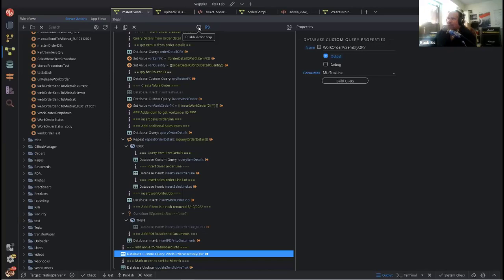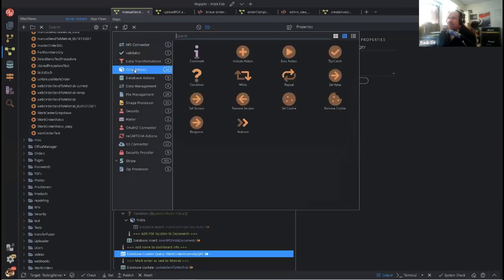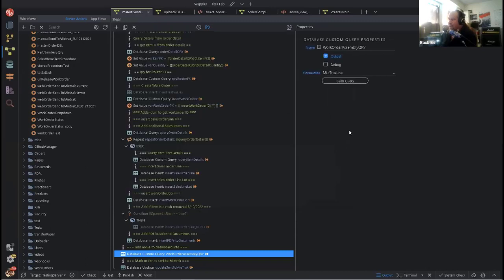Sometimes what I'll do is put in a try catch step. What's the step I'm looking for? It's core action, try catch. So I can do a try catch step that says try this, and if it doesn't work, then I'll set a response code of 400, or 301, whatever the response codes are.